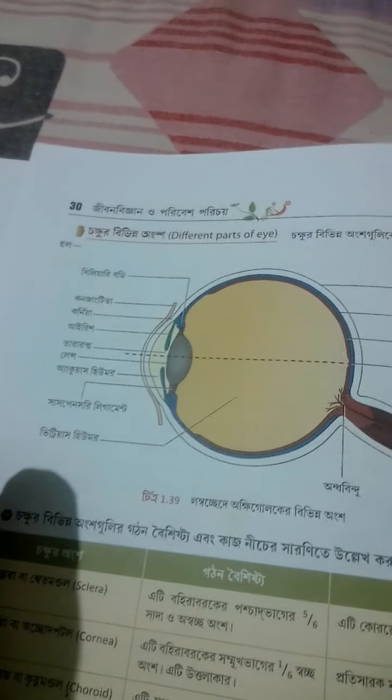The next outermost part of the eye is the cornea. Majority of the students ask the question, sir, what does the cornea actually do? Now, the cornea acts as the eye's outermost lens. তাই চোখের outermost lens হচ্ছে কি অ্যাকচুয়ালি কর্নিয়া.